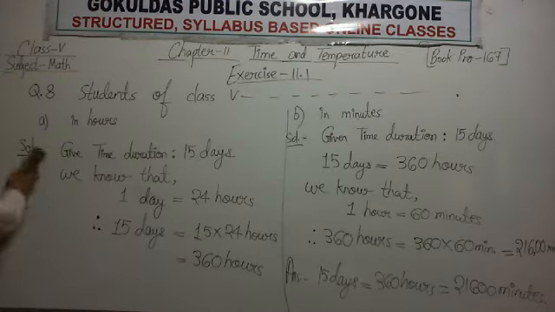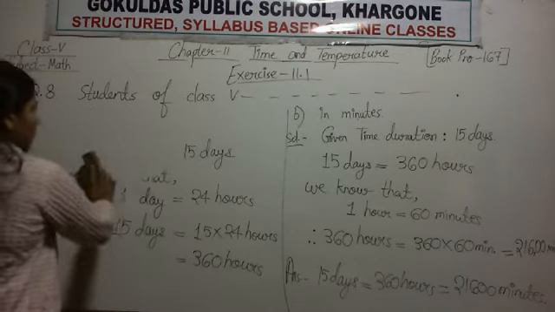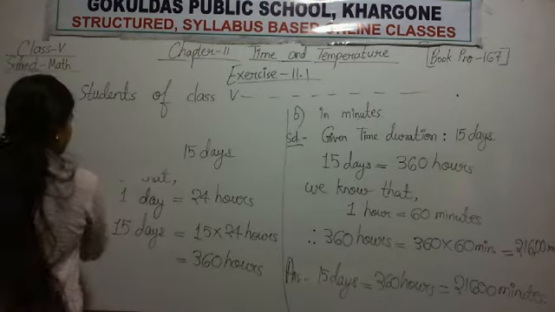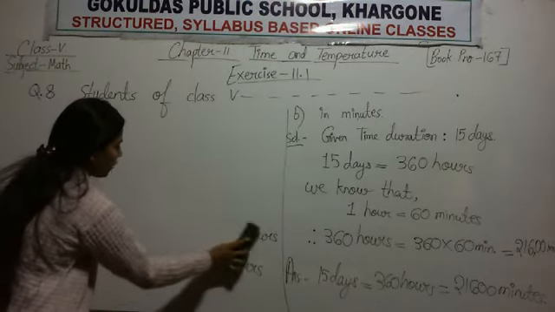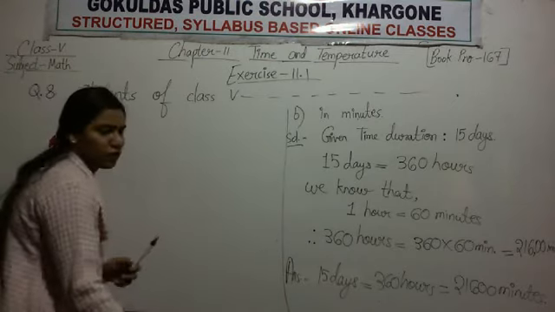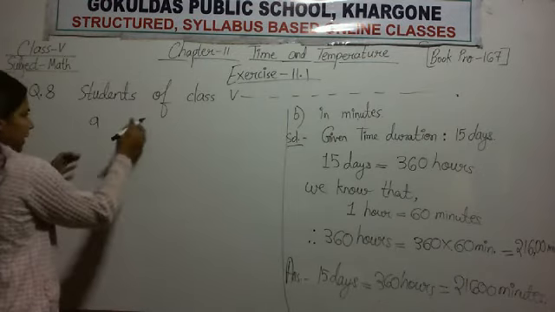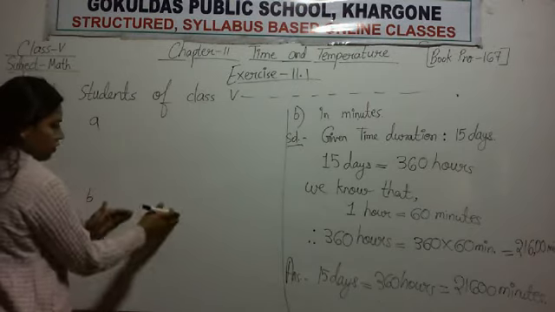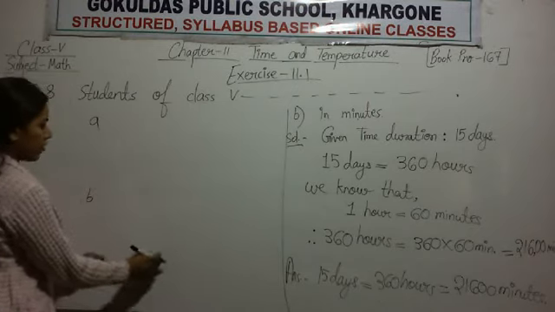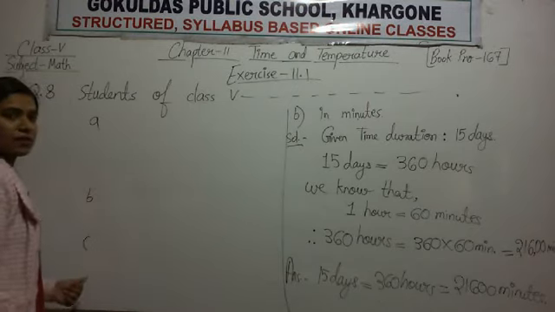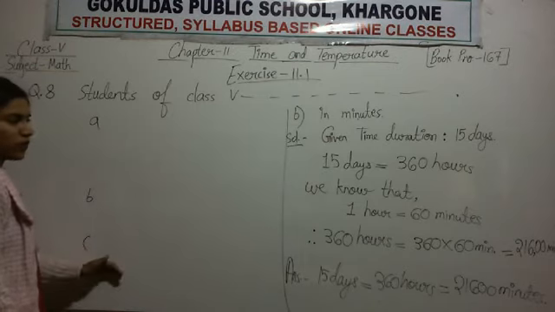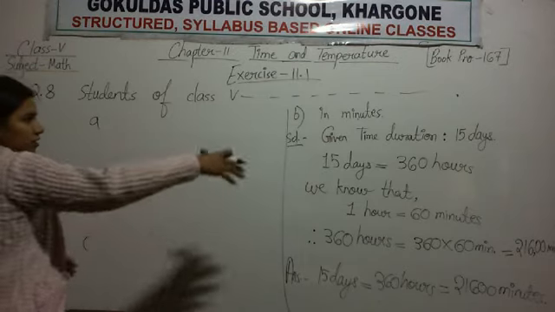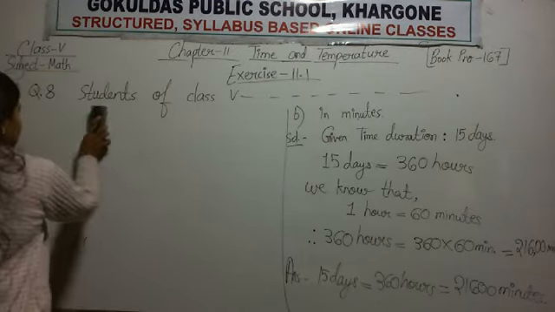Now part C. Part C I have noted down in this section, but how will you note it down in your copy? You will solve part A completely, then after completion of part A, you will note down part B, then after completion of part B, you will note down part C. In this manner you will note it down. Do not make the columns like this.